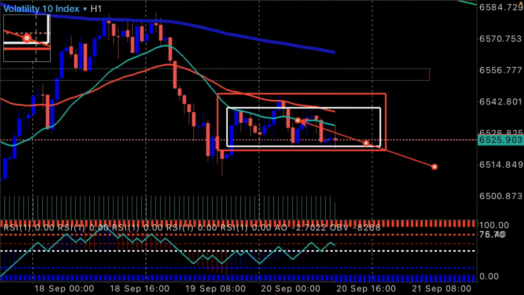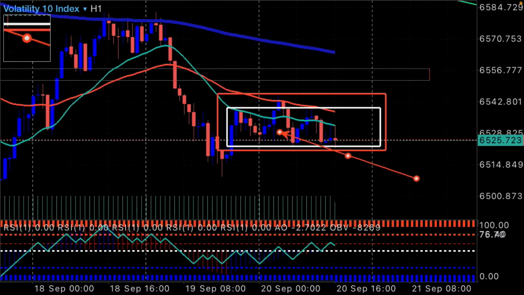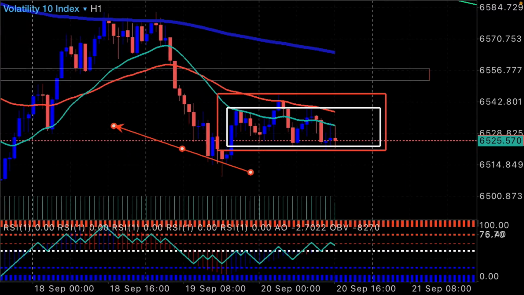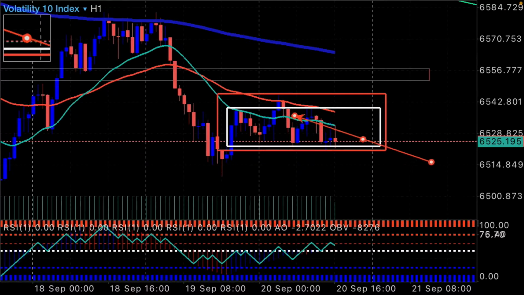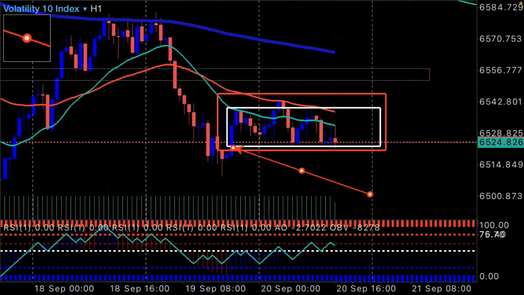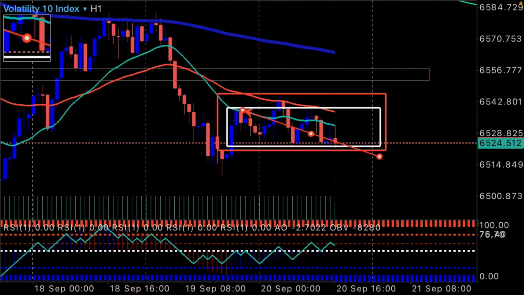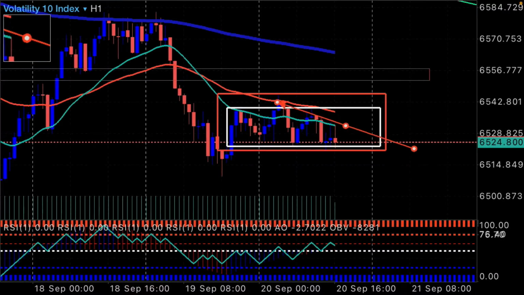Doing this, what you have to do is bring out your box, open a box and circle that range which the market is consolidating in, and you bring out the white one. Once you circle the box from the support, the market started from here, from the support to the resistance. You can see the latest high.